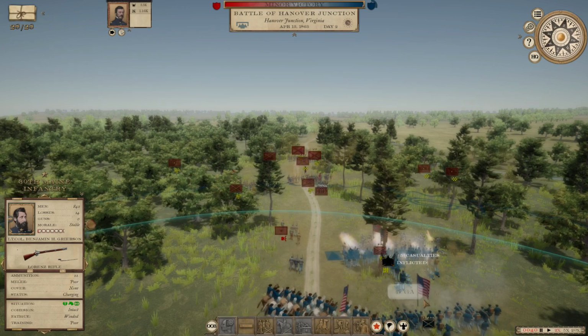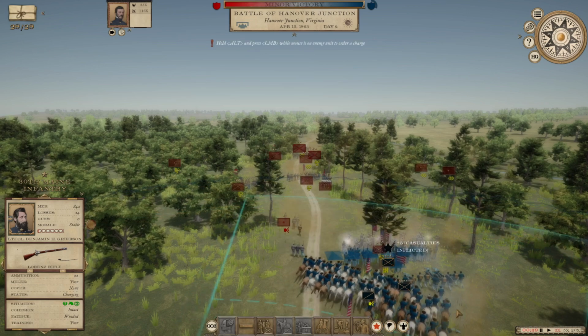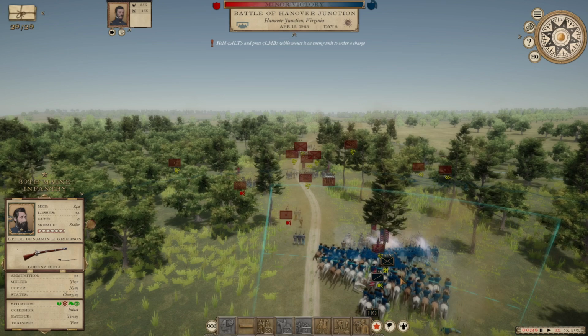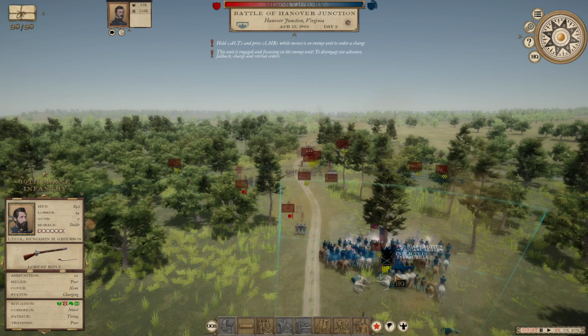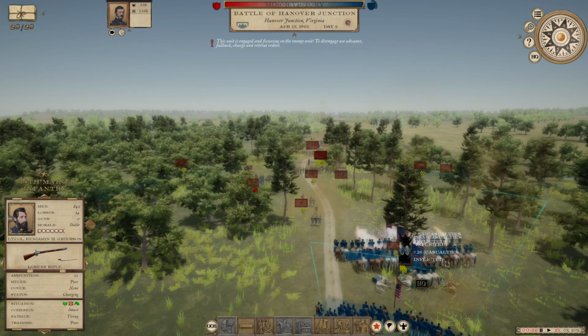We're gonna melee that enemy regiment. They didn't really lose any men. We're engaging the 47th Georgia, which is tired, but they haven't lost any men, so it's a very good chance we lose a disproportionate number of men in this melee. The enemy's able to hold their